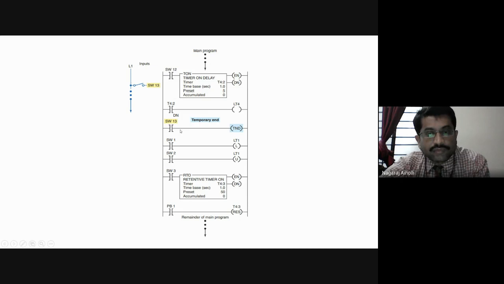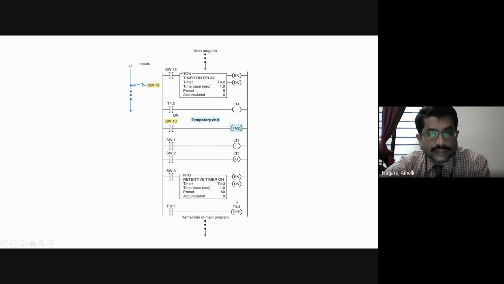This is the advantage of using the temporary end instruction. And remember students, the difference between temporary end and actual end instruction is that in the temporary end instruction, once it is executed, that is after we are scanning all the process or the program up till the TND instruction, it goes back to the starting program, that is the ladder rung 0 of the main program, and it will execute from the beginning.